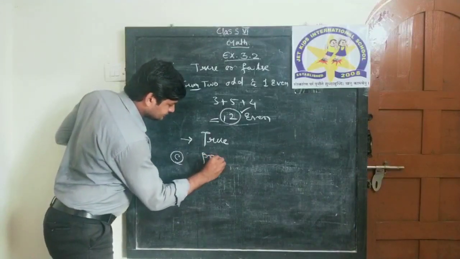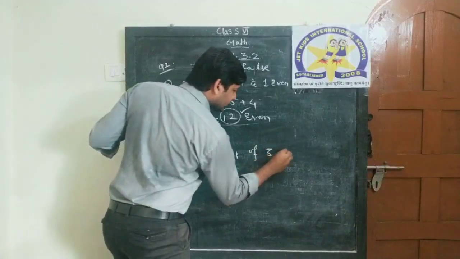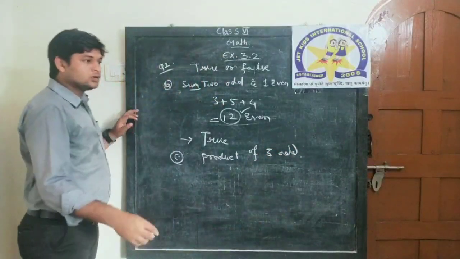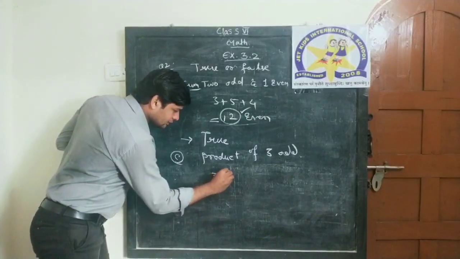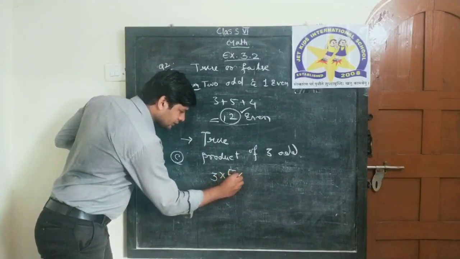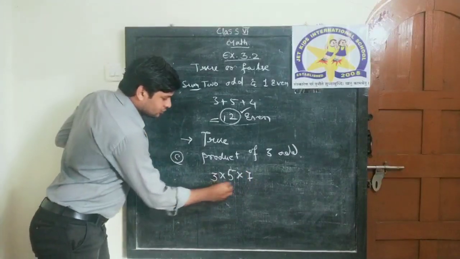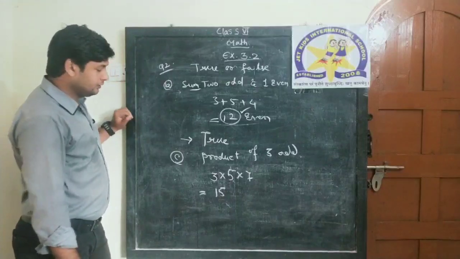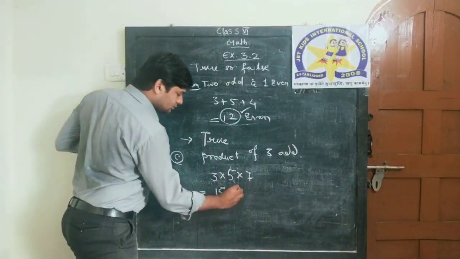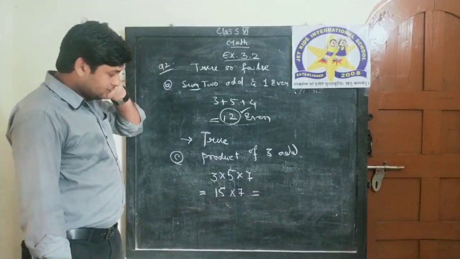Product of three odd numbers. Clear? So simply I am taking three basic odd numbers, 3, 5 and 7. Clear? 3 fives are 15. 15 multiplied by 7 will be equal to, so here I want you to remember